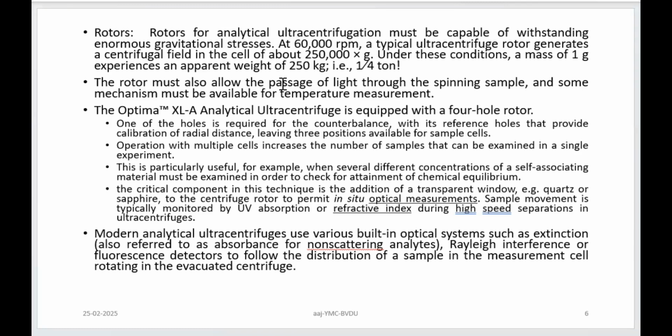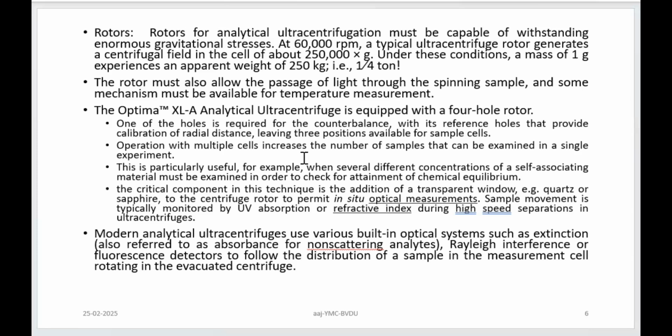So here, just one example I'm taking of the instrument, that is Optima XL-A. This is the brand name, right? It is just to introduce you to such information; you will get on the internet about different brands and different instruments which are available on the market. Please go through those sites and see how the instrument looks. So here, this is one brand, Beckman, as you know. So different instruments you will find. The concern here is how the instrument is, right?